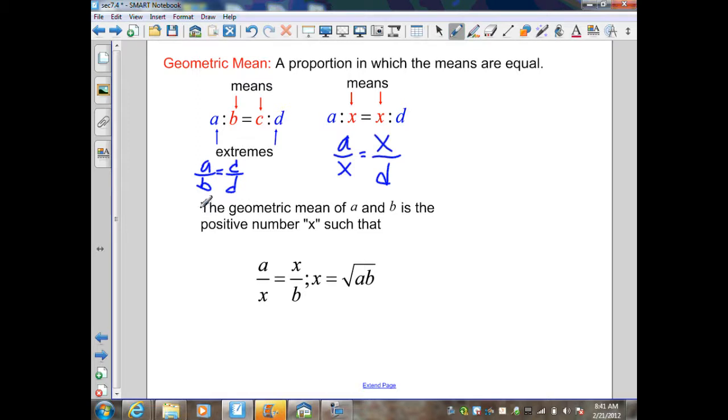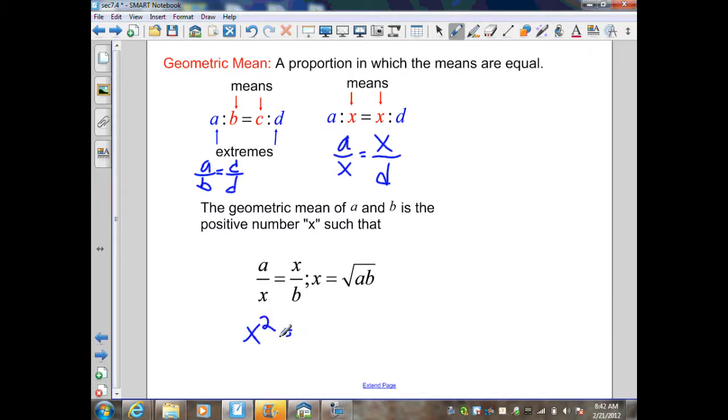The geometric mean of A and B is the positive number X such that A over X equals X over B, and when I do the cross product, I get X squared